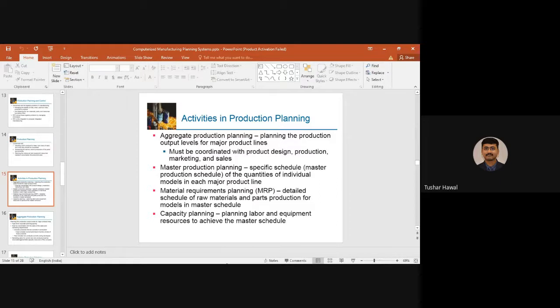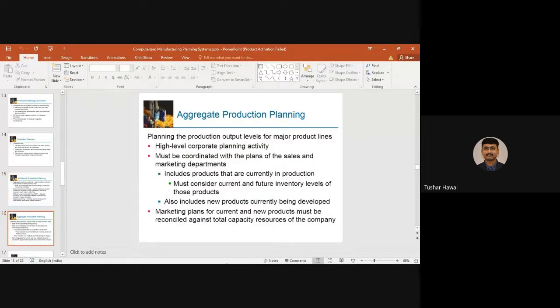First one is the master production schedule, next one is the material requirement planning MRP, and the last one is the capacity planning. So planning the labor and the equipment along with the resources to achieve the master production schedule, MPS. Okay, so that is the capacity planning.